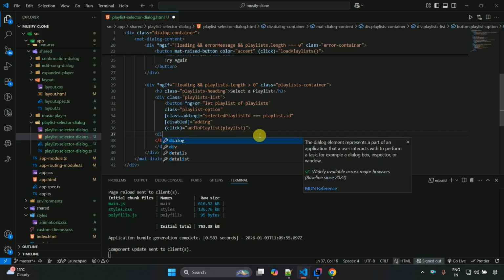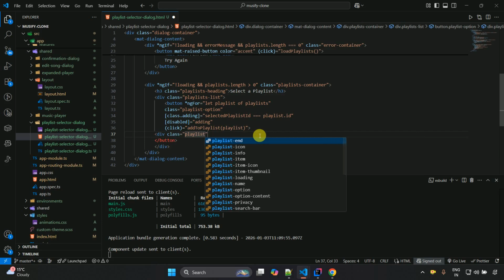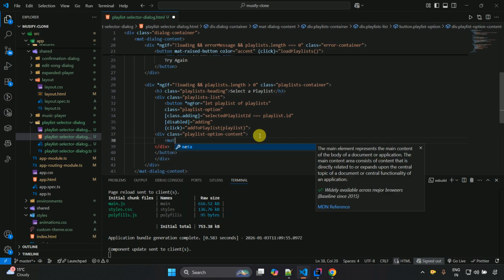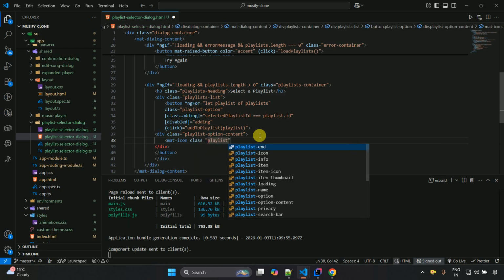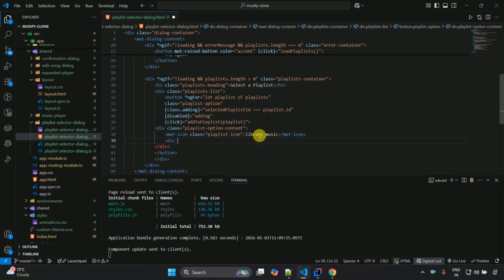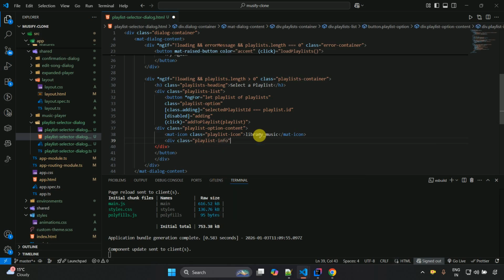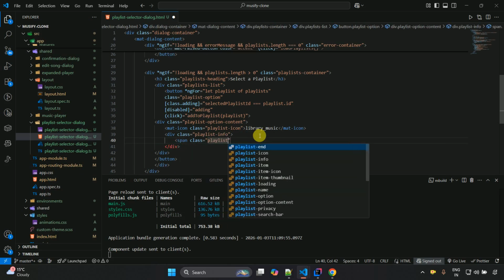Then here we have to write div class playlist-list-option-content, and then close this one. Then we have to show an icon, so mat-icon, and then class playlist-icon, and here we have to write library_music, and after that here we have to write div class playlist-info. Close this one, and then span class playlist-name